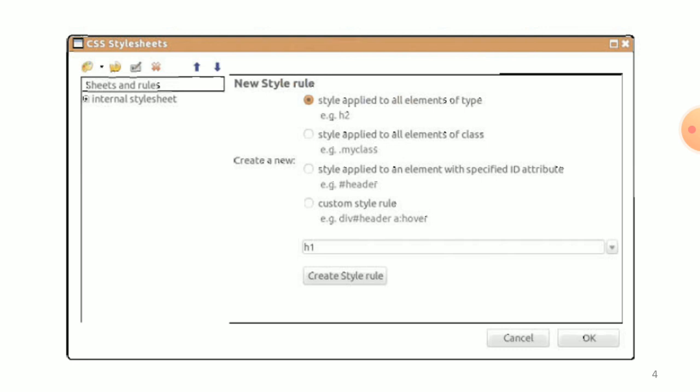Using this dialog box, we will define the style for each element. Click on the first radio button, style applied to all the elements of type. That is a picture of the CSS styles dialog box.